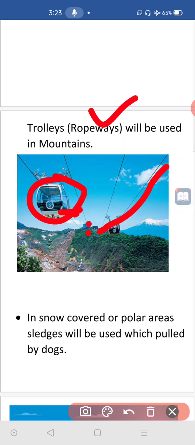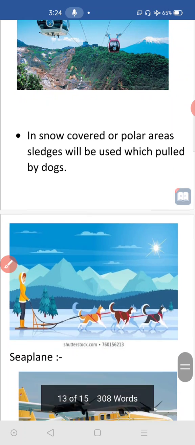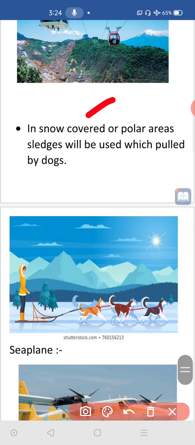Now in our Anjanadri hill, they planned to put this ropeway to reach the top of the Anjanadri hill. Now they planned it, and still that work is going on. It is not completed. And you can see in snow covered or polar areas, it means cold areas, people use